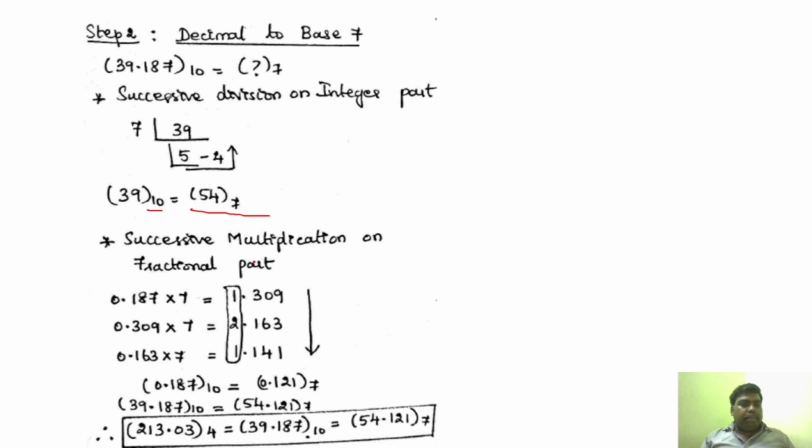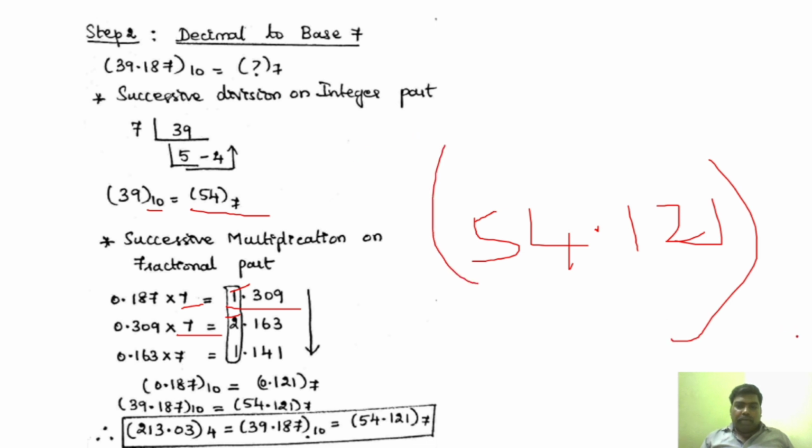And then successive multiplication: we take 0.187 into 7, so we are getting 1.309. We leave this 1 and bring 309, multiplying by 7 gives 2.163, right? Leaving this 2 as a remainder, and 0.163 into 7 gives 1.141 and we leave this 1. Okay, so you can go for another value as well, and if you want you can stop at 3 itself. You can see you have to write from top to bottom, right? Top to bottom is 121, so 0.121, right? So the answer is 54.121